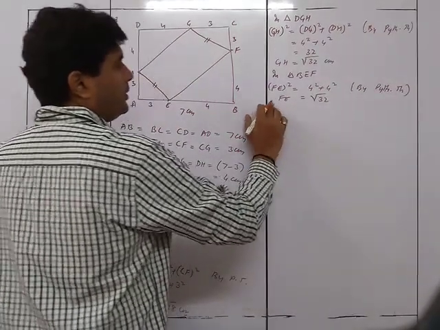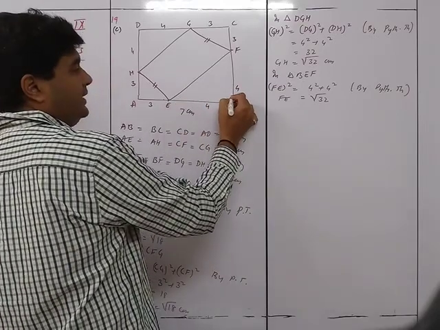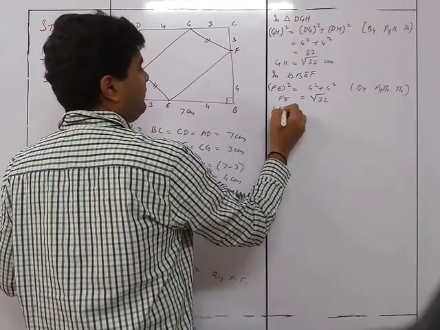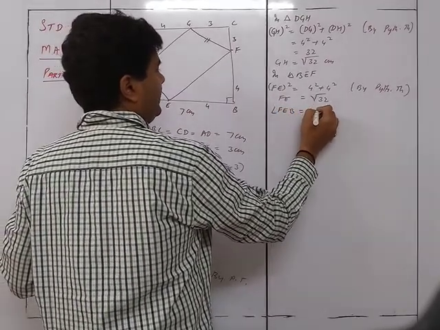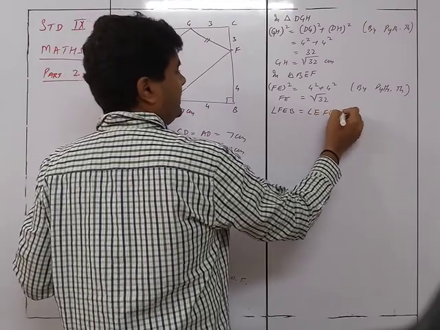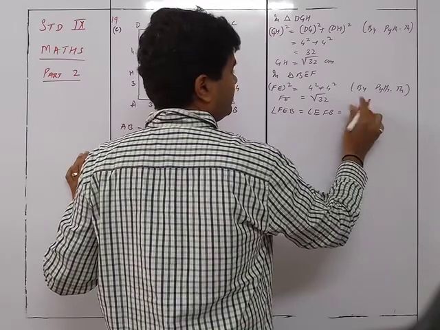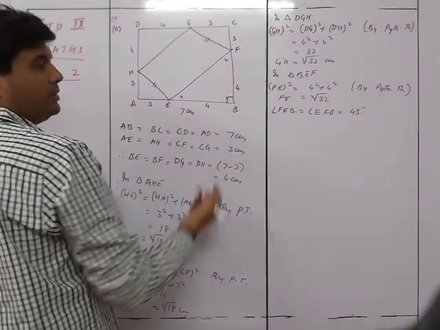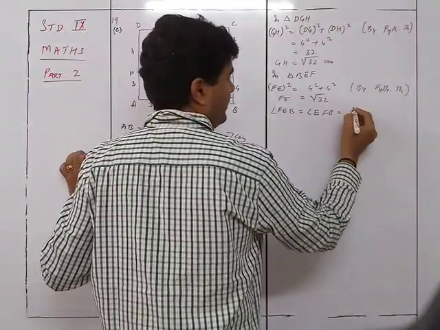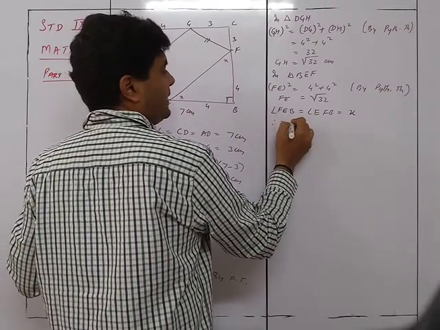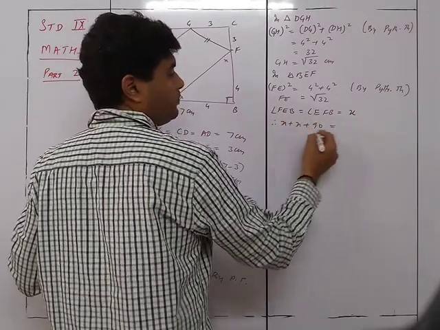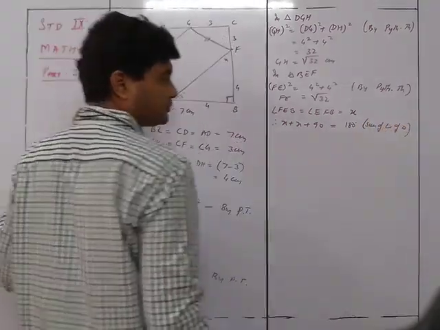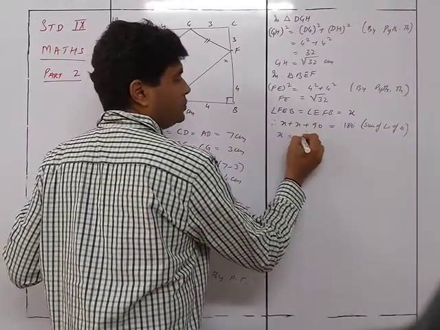So we have over here this is 90. So these two are equal, so automatically this will be 45, 45. Angle FEB is equal to angle EFB is equal to 45 degrees. Why 45? Because this is 90 and these two are equal. Or, if you want, we could place this value x. Therefore x plus 90 is equal to 180 degrees, sum of angles of a triangle. Accordingly, we are having x equal to 45 degrees.